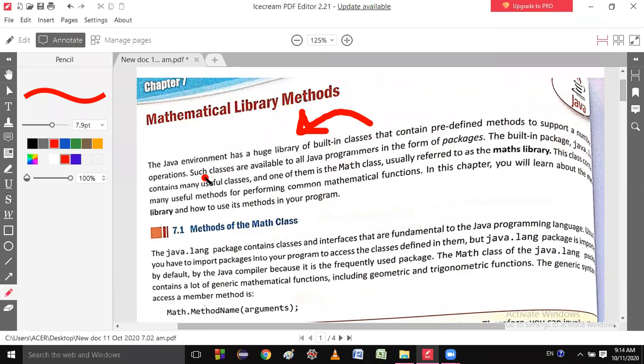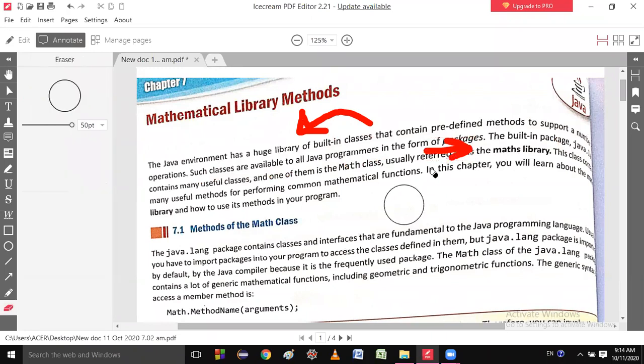So just respond to me. If you respond, then I will be happy. Yes, sir. Such classes are available to all Java programs in the form of packages. I said to you, you can use packages and libraries interchangeably.